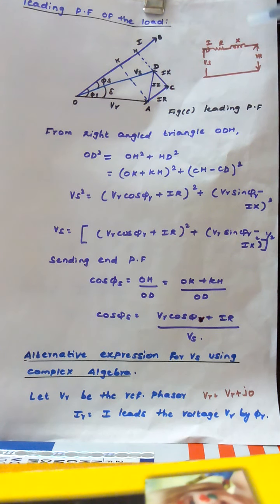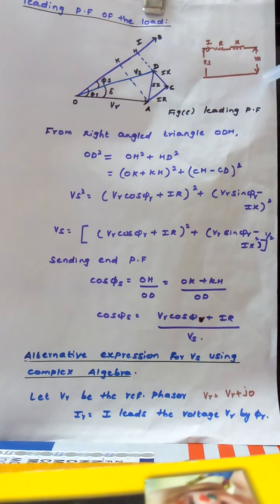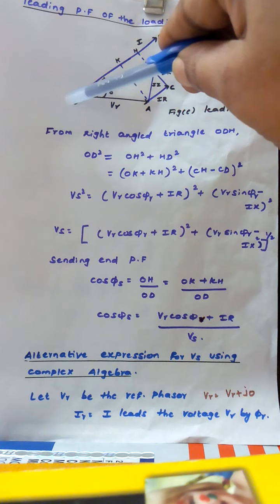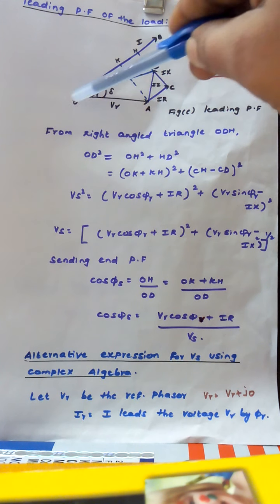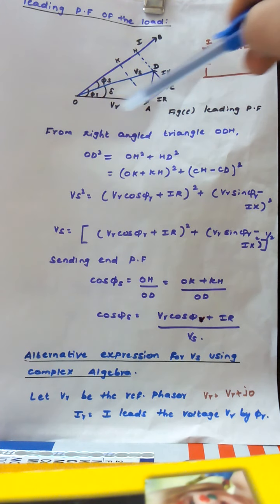The R and L, that is inductance, are both connected in series, and here there is no shunt path. The capacitance effects are negligible, so the current Is will be equal to IR, which is equal to your load current I. For the phasor diagram, first I am taking this VR as a reference. So the VR I have taken as a reference, and I have drawn a line, that is OA.